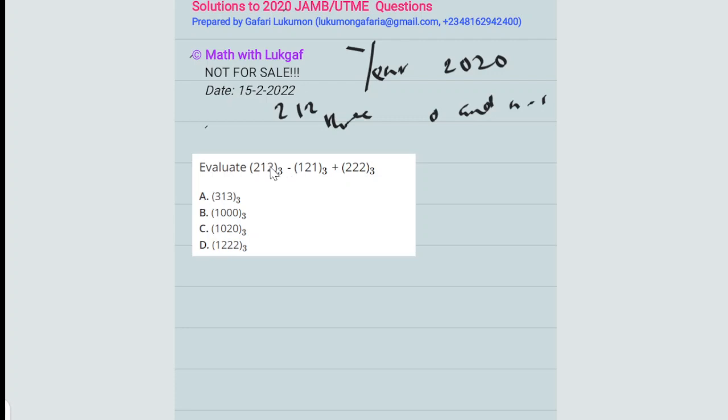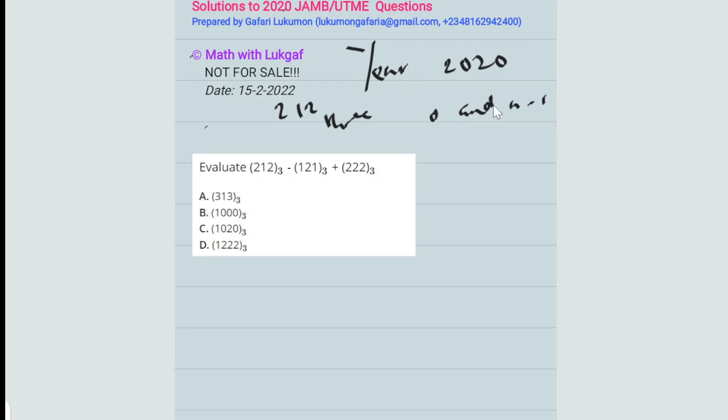So if you now say this is 202, you know you are wrong. Because before you can have 202, you must be working in what? Base 3 and above. I hope you understand now. So if that is cleared, also note that addition, subtraction, multiplication and division in number-base system are the same thing as your usual addition, subtraction, multiplication and division. But what you must note is that when you are working in a particular base, you must not have the base as the answer, or numbers that are greater than the base. I hope you understand now.